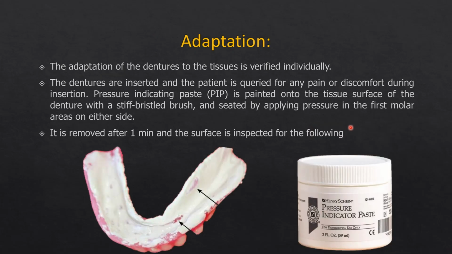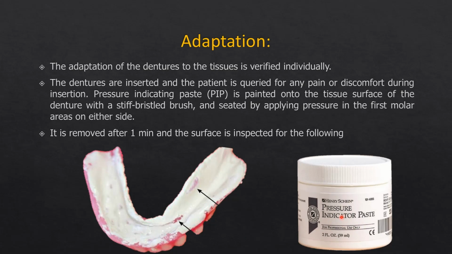So next comes the intraoral adaptation. After you're thoroughly satisfied with the processed denture, it is ready for insertion in the patient's mouth. You need to inspect the fitting surface of the denture, whether it has any premature or pressure spots on the patient's residual alveolar ridge. And these pressure spots are difficult to find out, unless a patient has already worn the denture for a day or two. So one way to identify